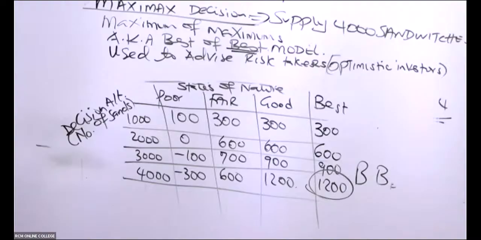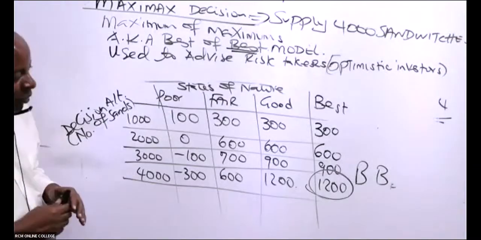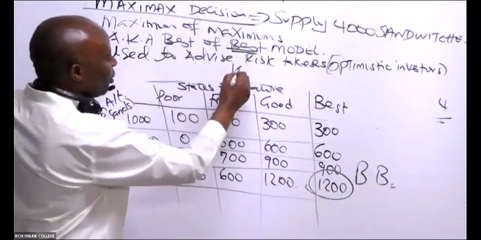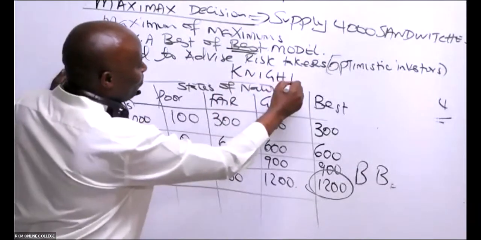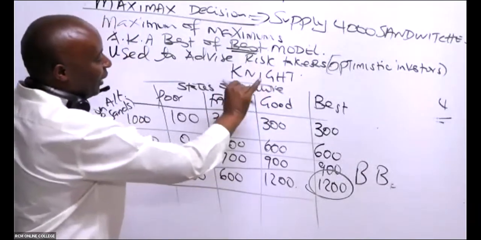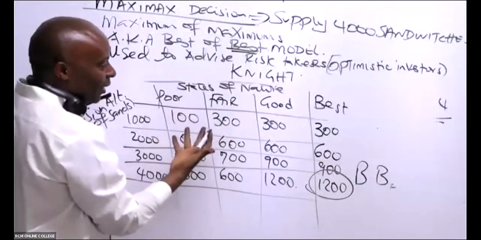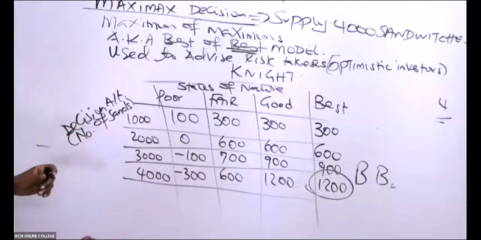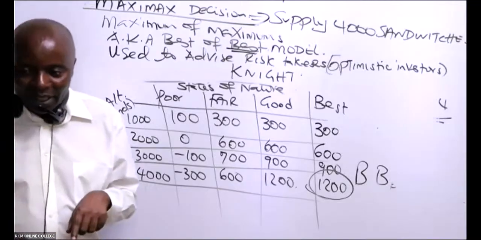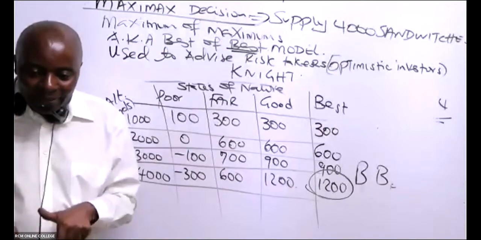So Knight, you have a very good name. This is not a name to joke around with. If you do your work very well and you are knighted by the Queen, your name changes from Master to Sir, like Sir Alex Ferguson. Yeah, great. So Knight is asking that this question was there last semester. Shall it come again this semester?